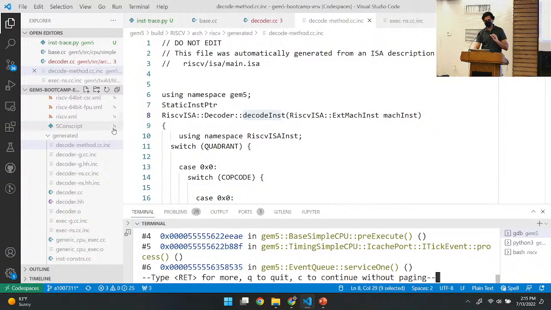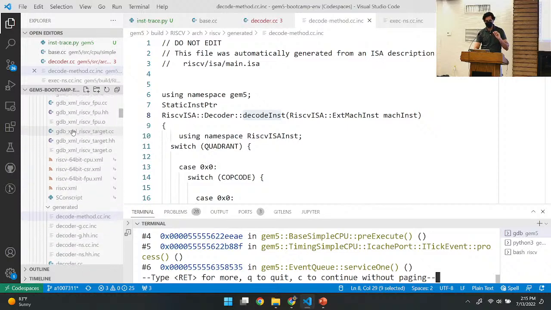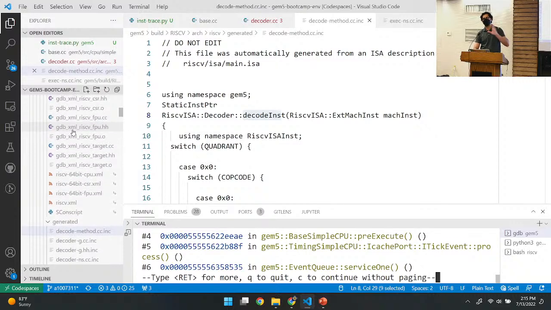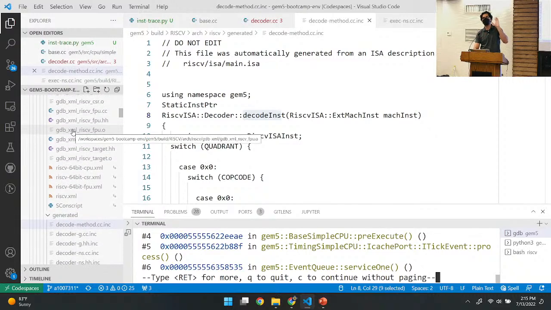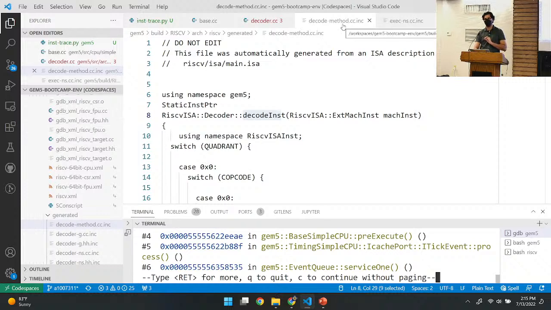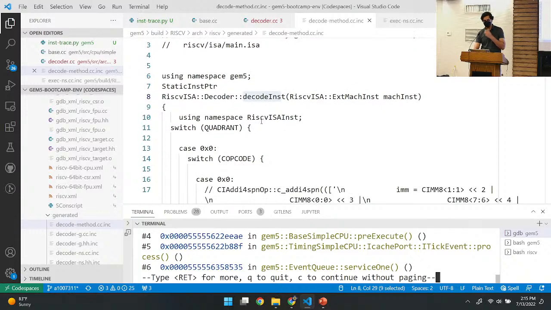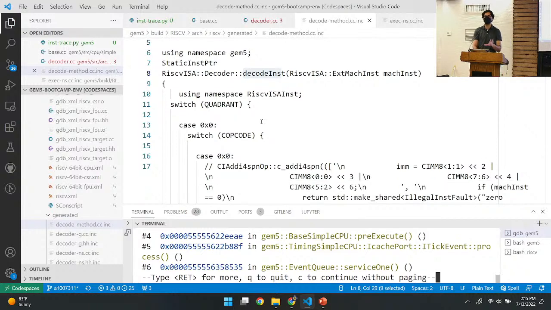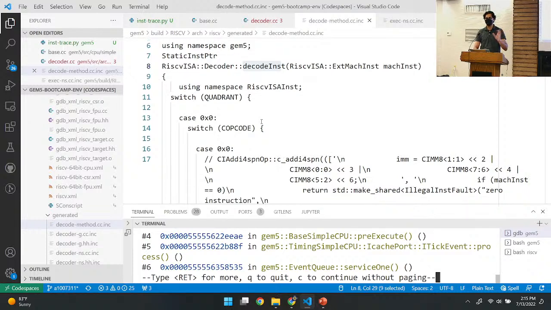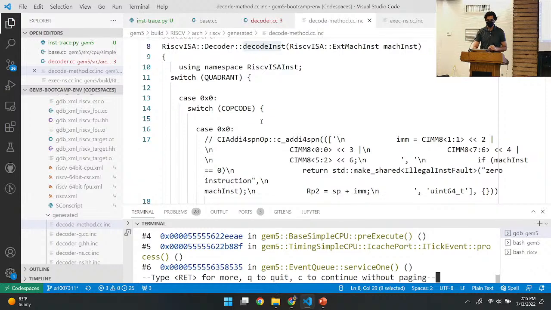This is in the build directory, in the folder specific to RISC-V. You will see a folder of generated files. Inside that folder, you will see a file called decode-method.cc.inc. And inside that file, you will find this function called decode inst. We'll see how exactly this code got in here after some time, but right now, just to give you some overview, or at least partial understanding of this,